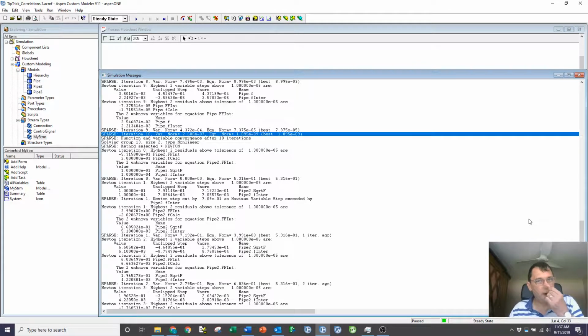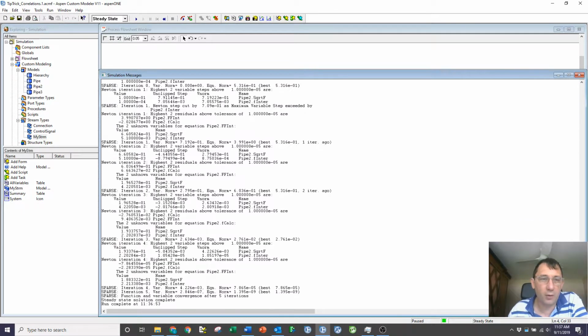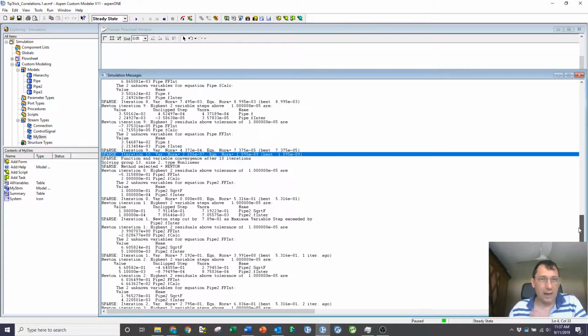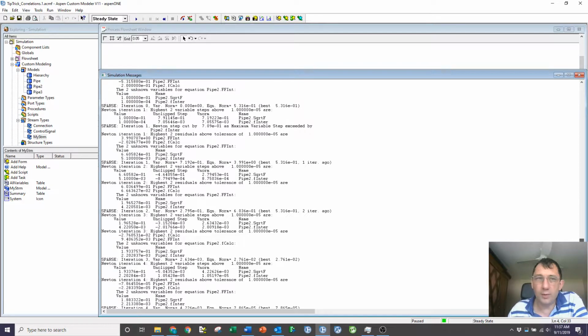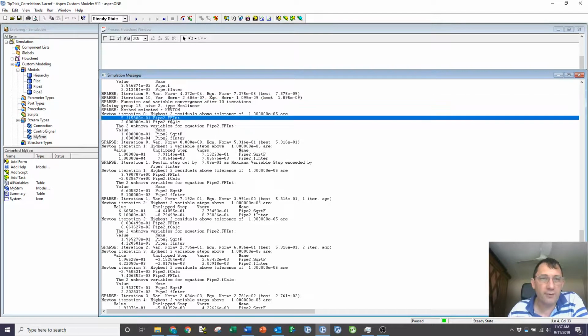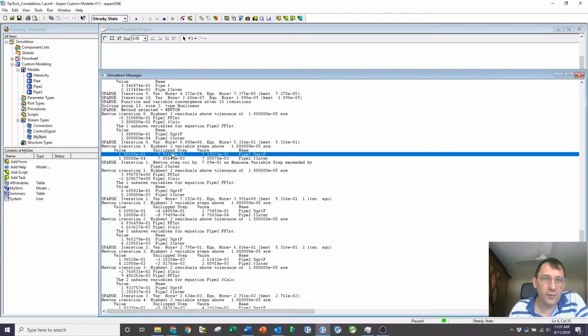And if I have a quick look at how pipe 2 is converging, it starts off with a fairly good estimate because I gave it those initial conditions. You can see I'm not hitting any of those taking the log or square root of negative number issues, so that's helping it converge. I am running into a little bit of a challenge, so that ffint is once again a very nonlinear and therefore difficult to converge equation. It's moving the variables around a little bit.